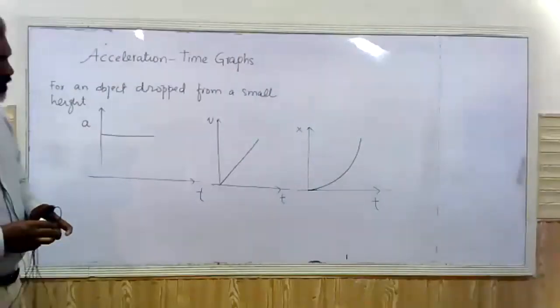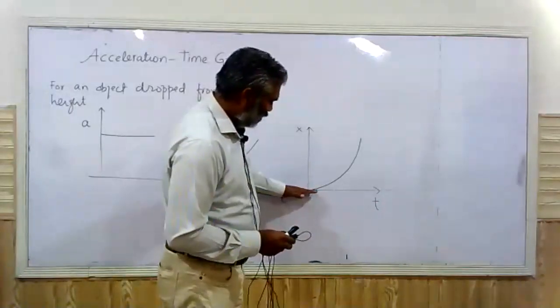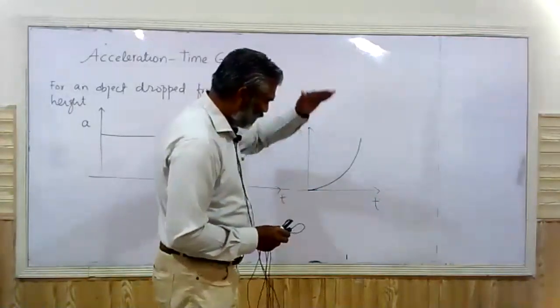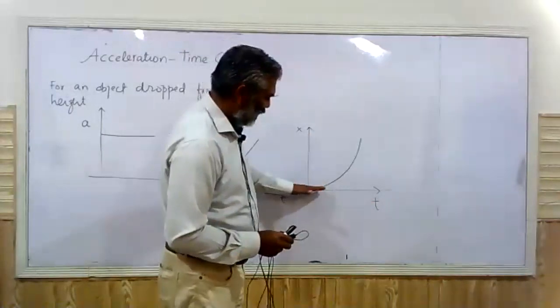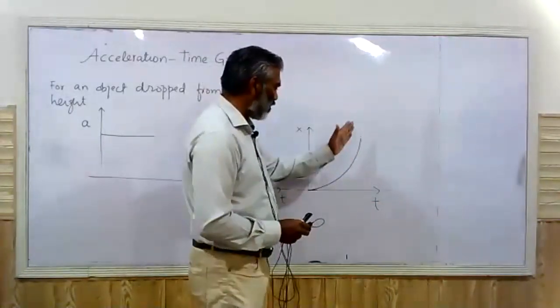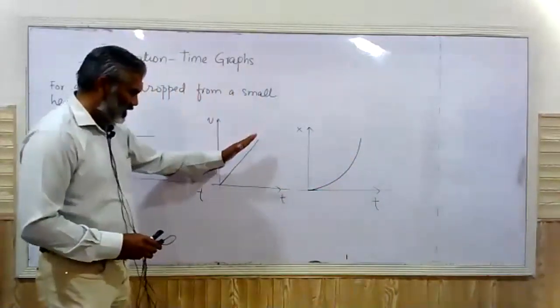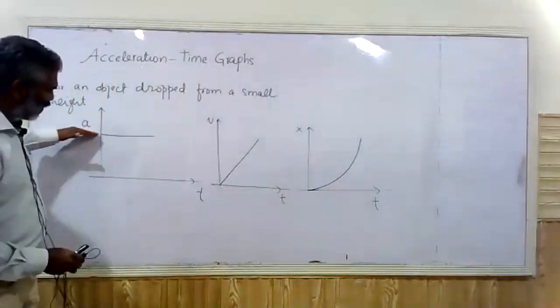So the displacement time graph simply shows that the rate at which the position is changing is increasing at a constant rate. So a curve upward simply means velocity is increasing at a uniform rate, and that means a uniform acceleration,